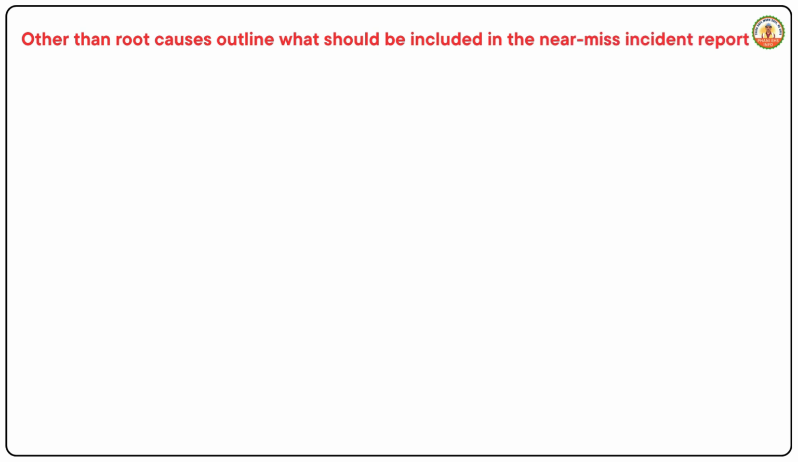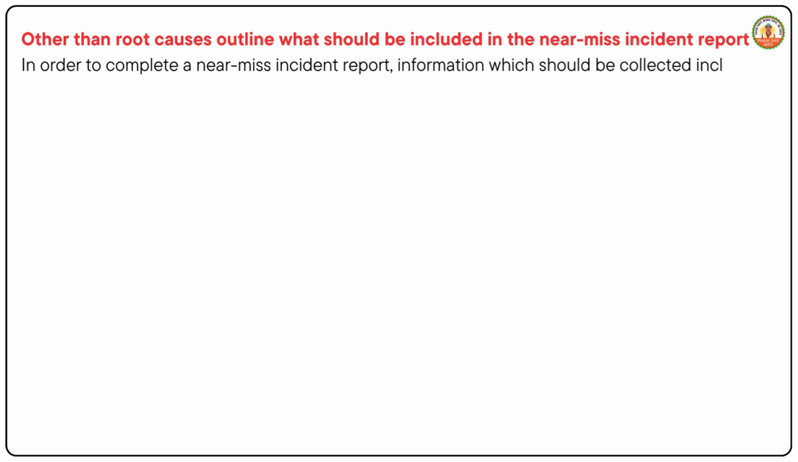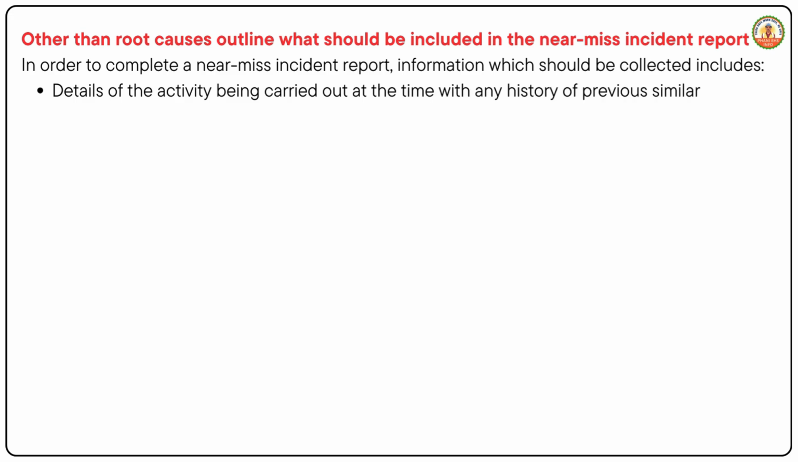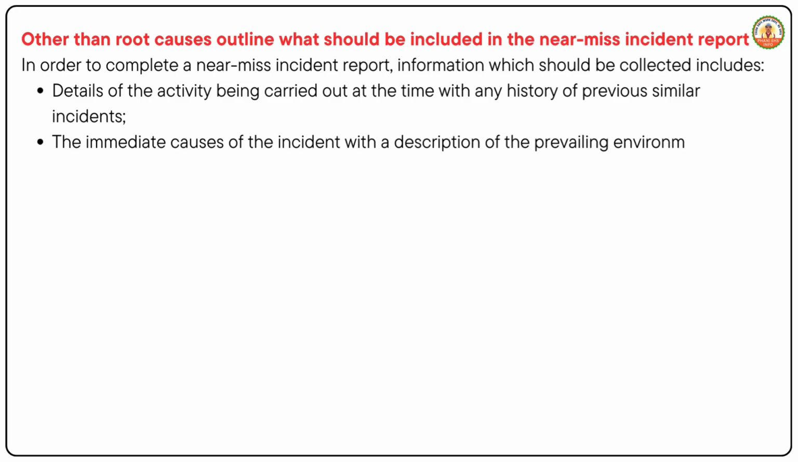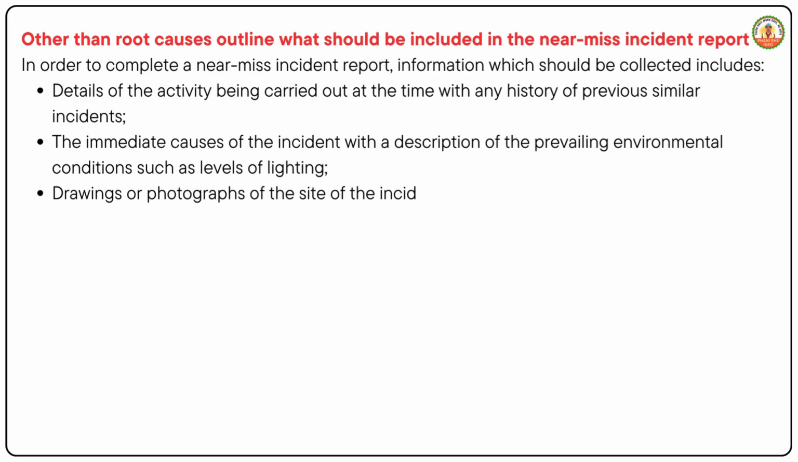Other than root causes, outline what should be included in the near-miss incident report. In order to complete a near-miss incident report, information which should be collected includes details of the activity being carried out at the time with any history of previous similar incidents, the immediate causes of the incident with a description of the prevailing environmental conditions such as levels of lighting,